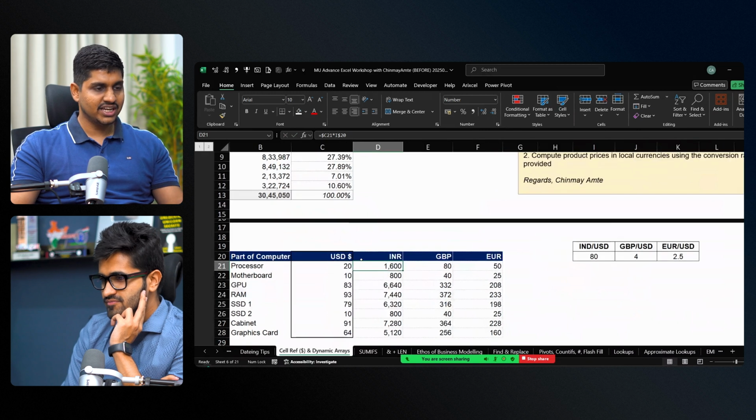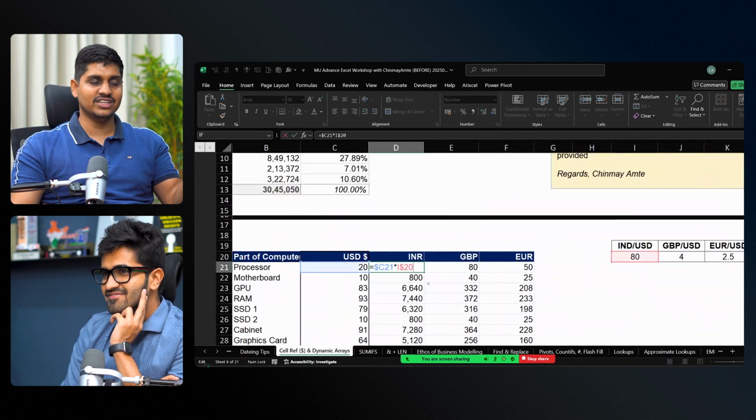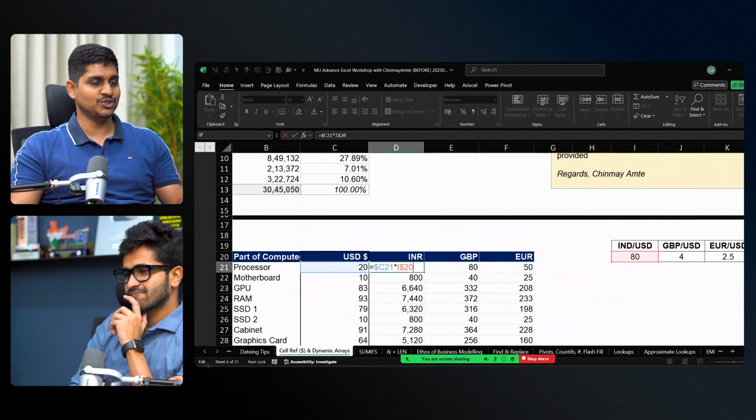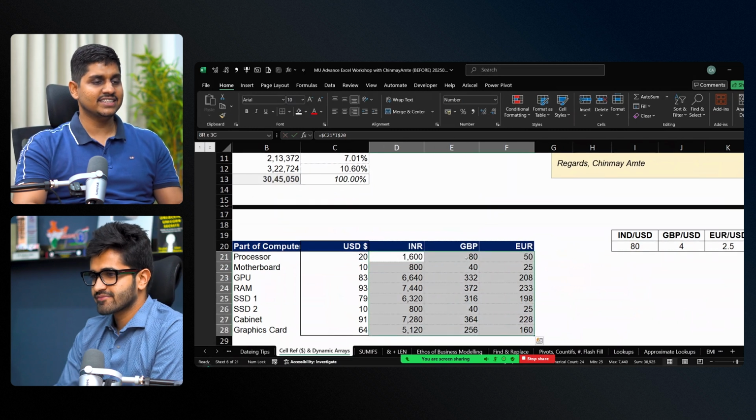Whenever I teach, most of the students say, sir, this $ sign is very complex. We don't understand where to put it, there is a lot of confusion. So what should we do? So again, this simple case study,